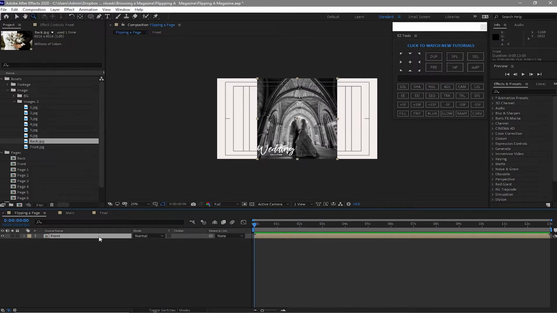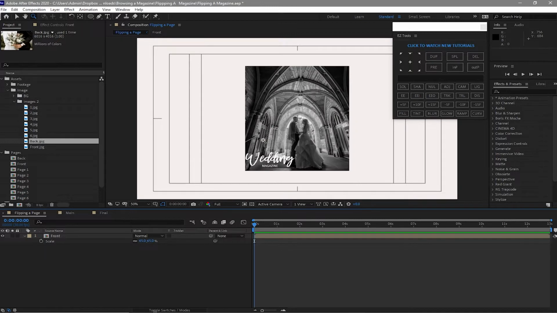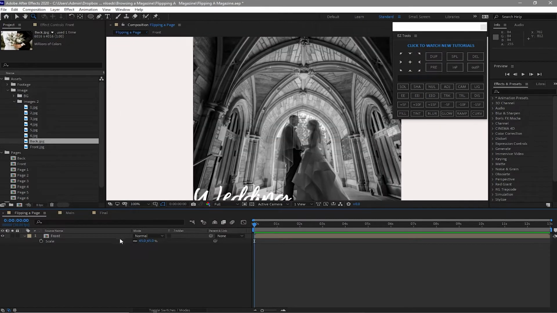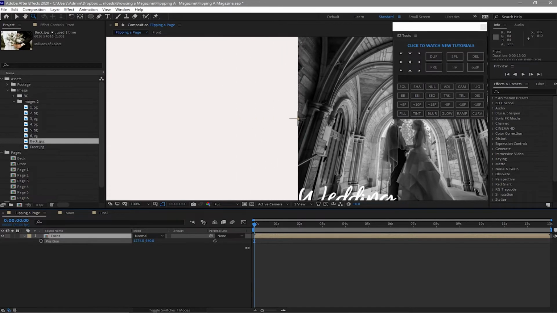And I will press S to scale it to 65% and then zoom it and then press P on your keyboard and move the image to the center of your title action safe, like this.